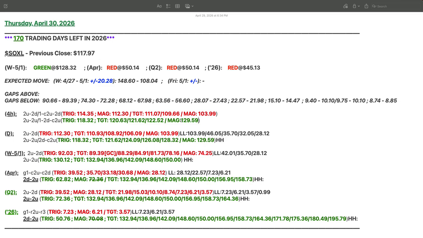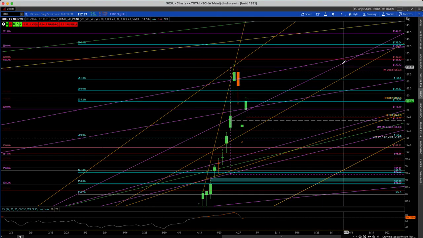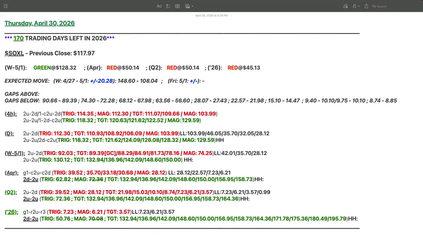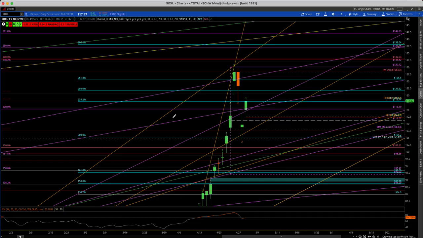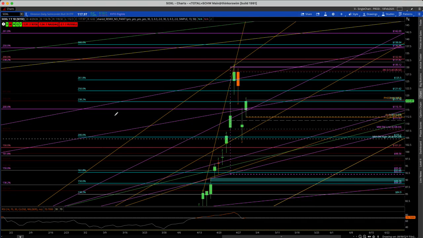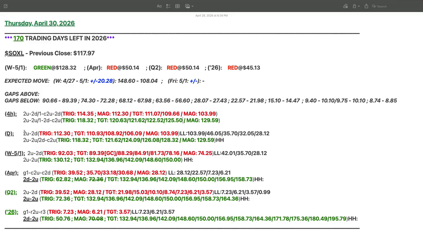129.59. Okay, so we do have some intermediate targets, probably a couple more that should be in there. What did we have? 125.50 was our last. No, 122. Okay, yeah, that's what it was. 125.50. Right. And 128.32. Okay, there we go. So we've got a 2 up, 2 down possibility, which could turn into a 1 combo 2